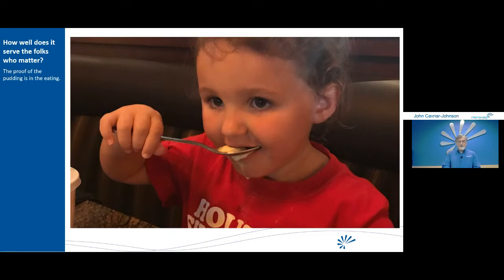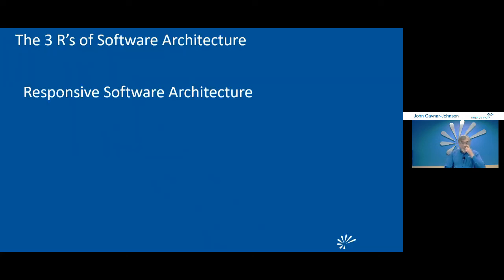And for those who are curious, that's a picture of Lucy Kavnar, who's my granddaughter, one of my granddaughters. I do like to illustrate the things I'm talking about with real world examples, and who appreciates pudding better than a child? So the first of the 3 R's that I want to talk about today,